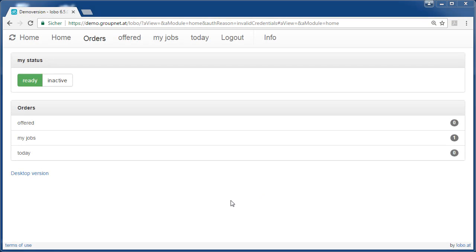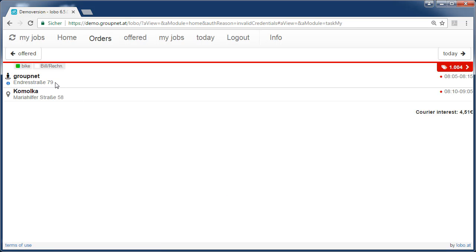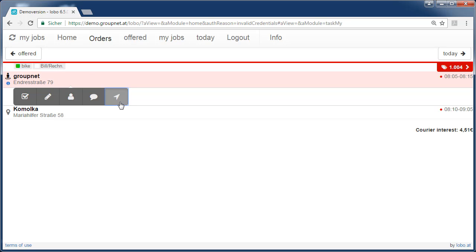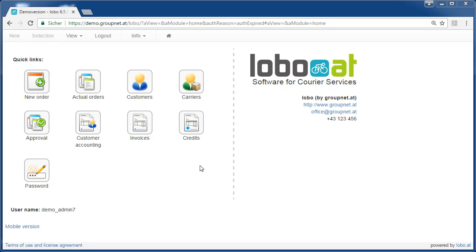And finally, in the mobile version, couriers will now find for each stop a navigate-me-to icon. And besides this, the update includes more than 20 other small improvements, cosmetics and bug fixes that you can all find in the